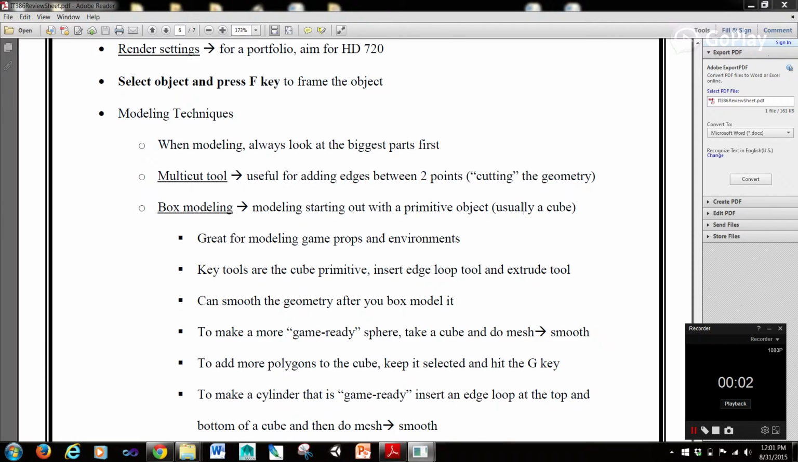Hi guys, it's Rob here, and in the last tutorial we started talking about some modeling techniques. Now, we left off with box modeling. Again, box modeling is starting out with a primitive object, usually a cube. It's great for modeling game props and environments, and why is this? Well, starting with a cube and adding geometry from there and manipulating it the way you want helps us to